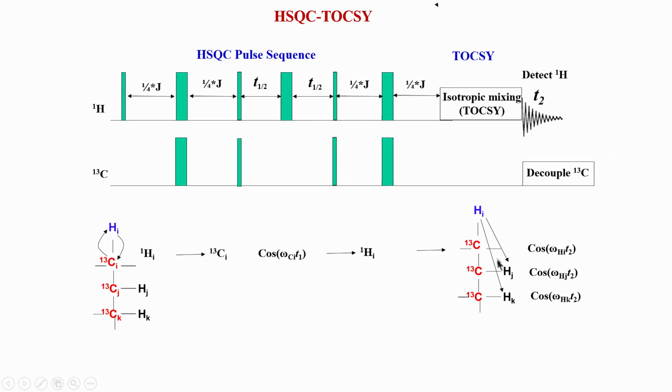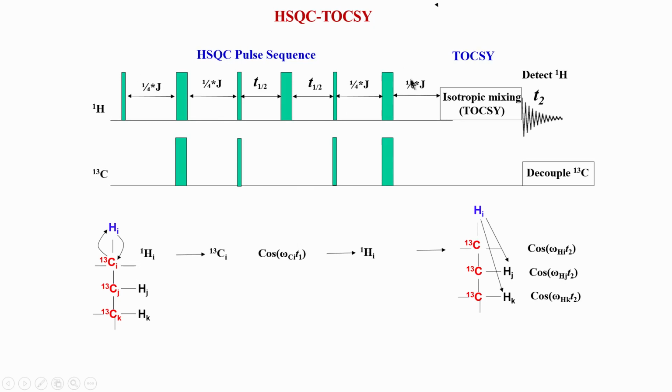So, we are having all J coupling to each other. This hydrogen is J coupled to this hydrogen, which is J coupled to this hydrogen, but this need not be directly coupled to here. So, I is coupled to J, J is coupled to K, and therefore I gets coupled to K through J, and that is the long range interaction which happens through TOCSY mixing. During this period we use the power level etc. similar to what we do in a regular TOCSY.